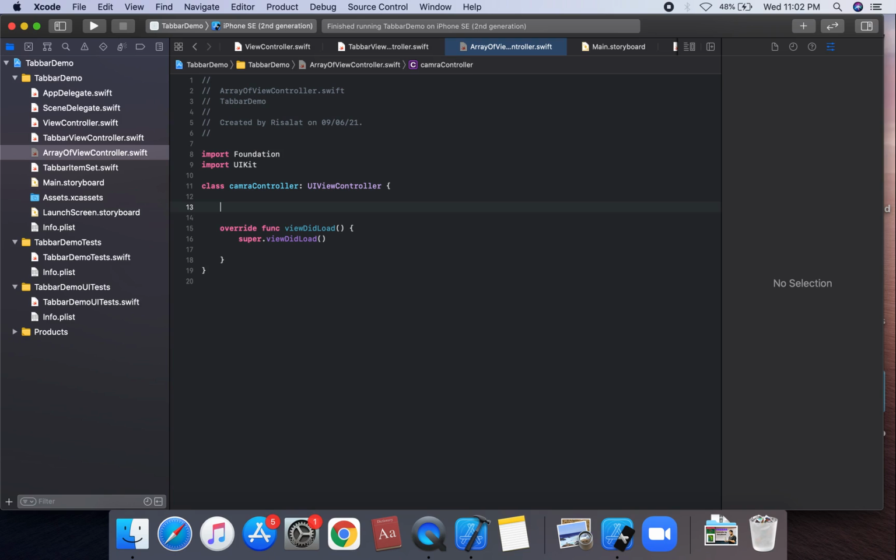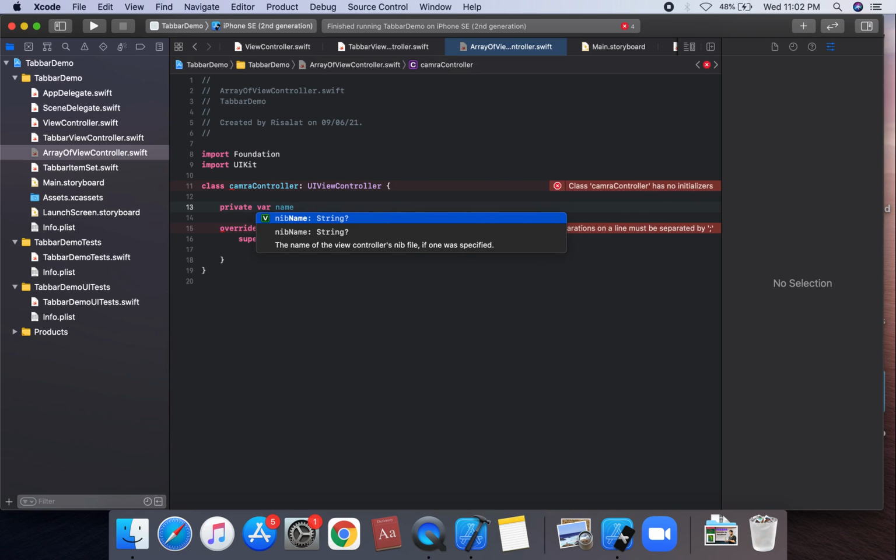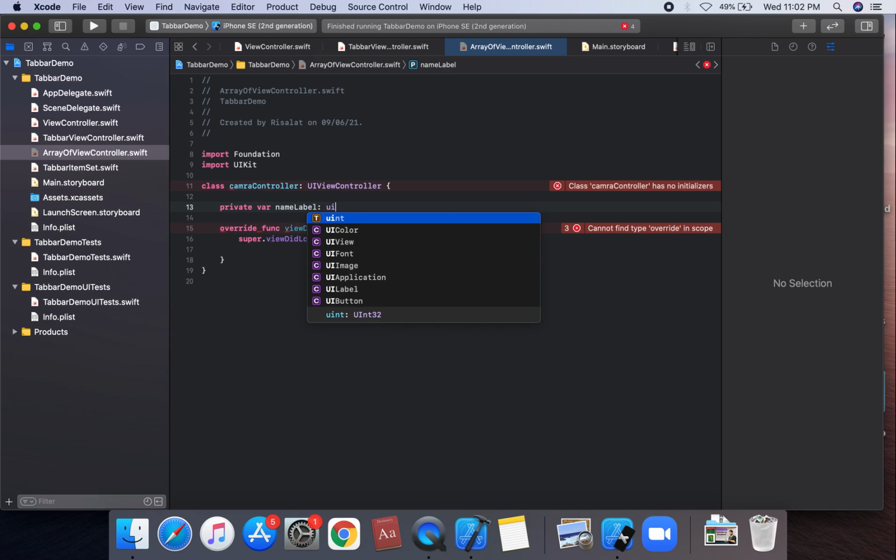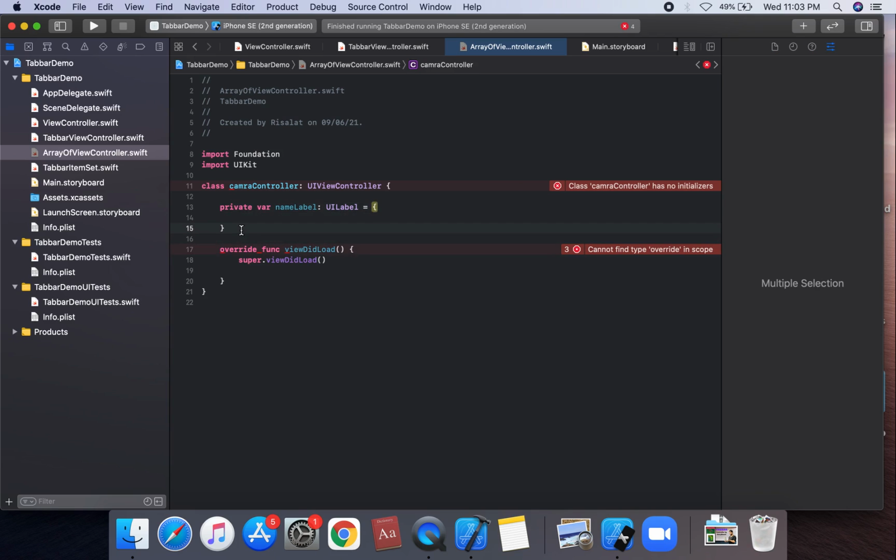So private lazy var, sorry, private var name label. Suppose name label which is type of UI label, and is equal to, we're gonna create the lambda and we're gonna use the lambda.